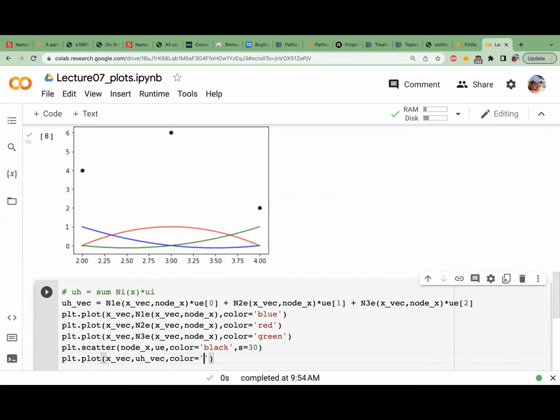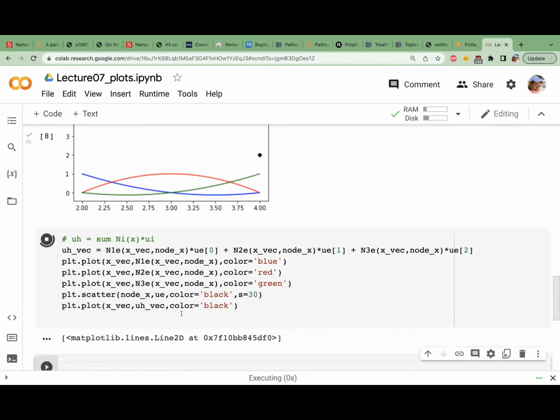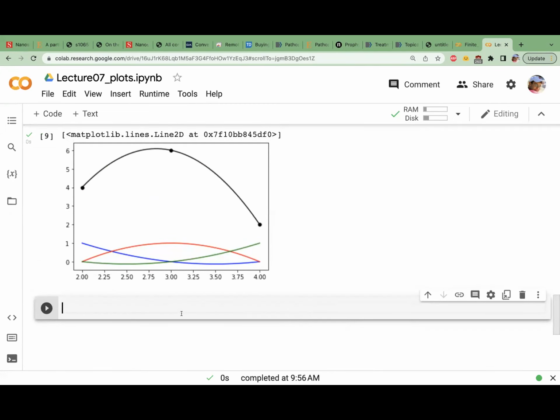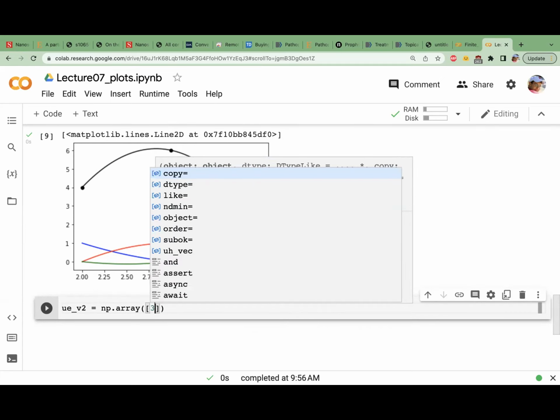Let me do black. So now you see, I had three functions and 3 points, and the sum of the functions scaled by these 3 points is a new function that is quadratic and that passes through those 3 points. If I change the UE, I will get a different function. So let's choose a different UE. If I choose UE to be whatever, 3, 4, 5,